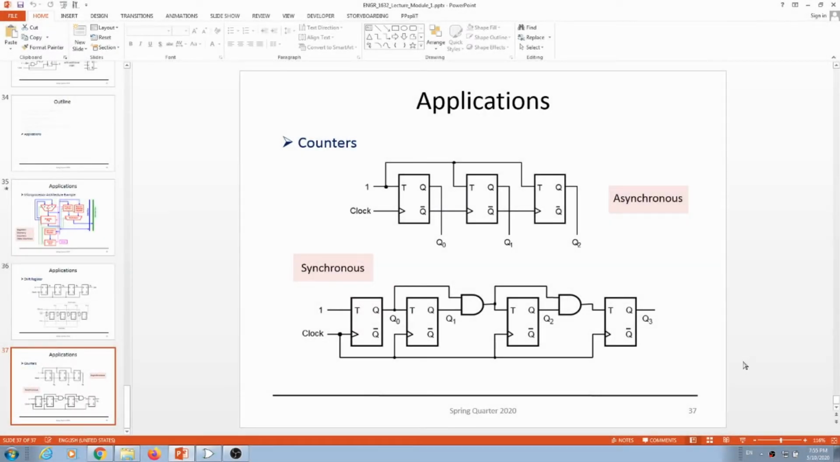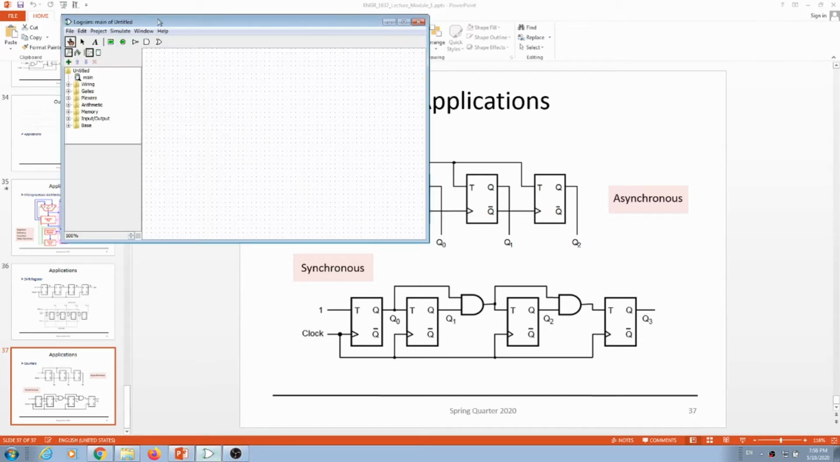Let's implement some counters using these T flip-flops, and let's connect them in this fashion over here. So 4 T flip-flops connected in series with the clock connected together, so asynchronous. Let's bring up our Logisim